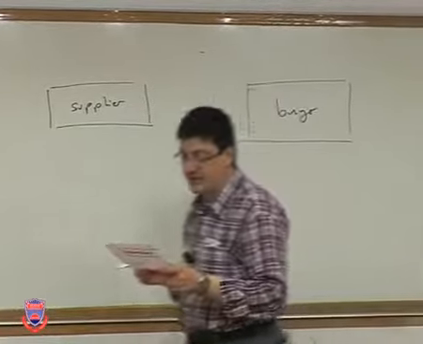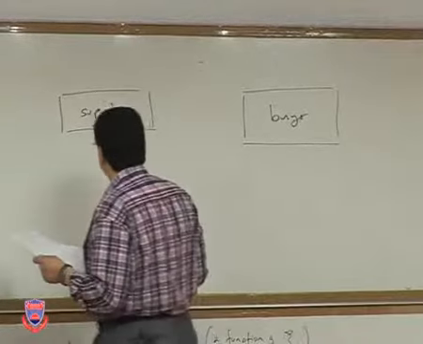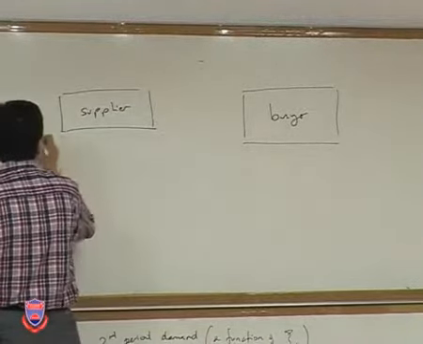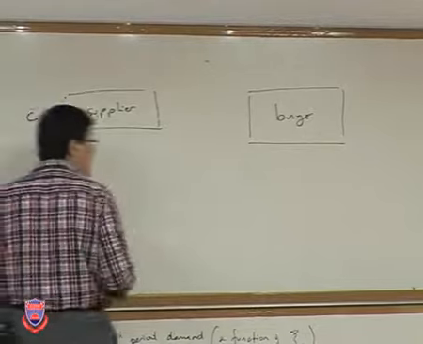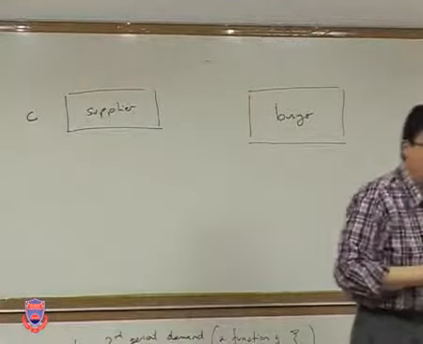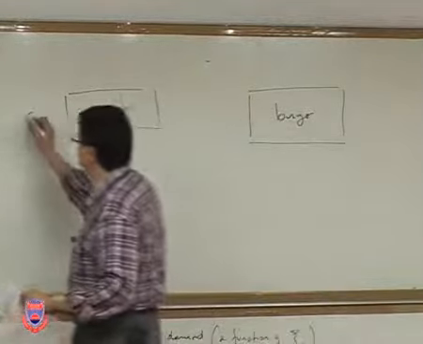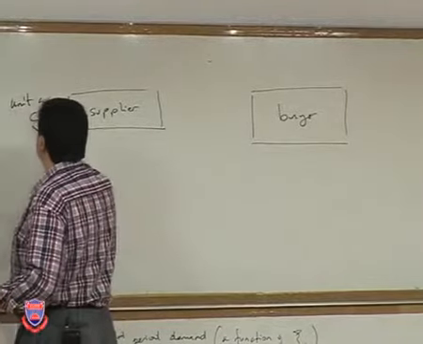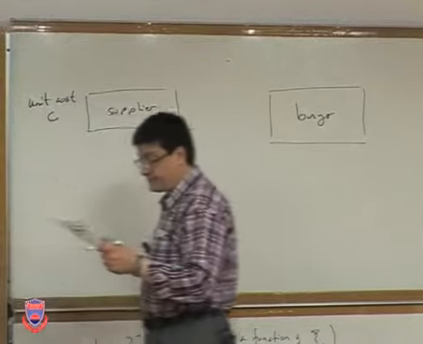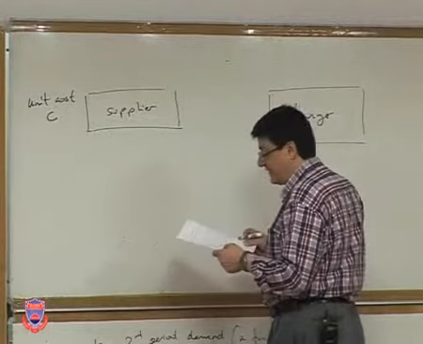Now there is some kind of a relationship between these two. The supplier is going to have a manufacturing cost of C per unit. So this is unit cost C. And the manufacturer